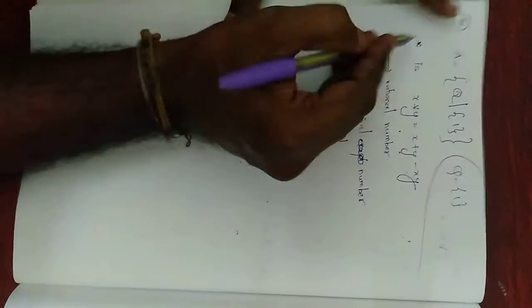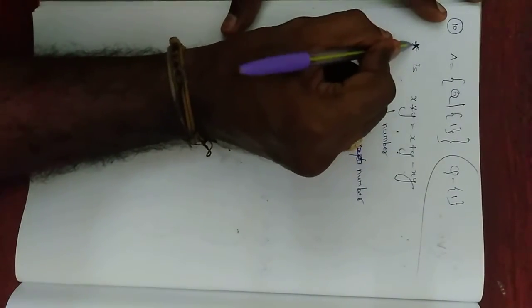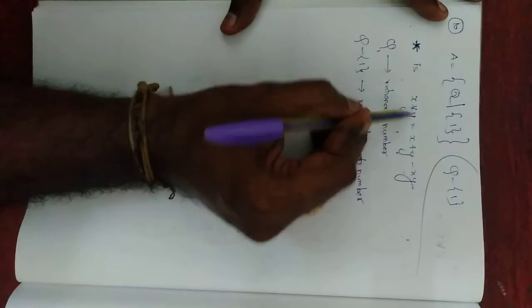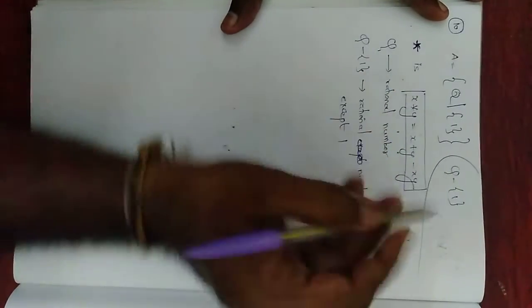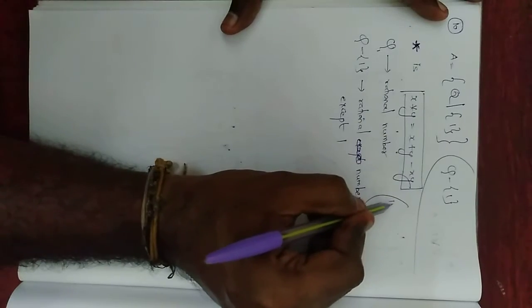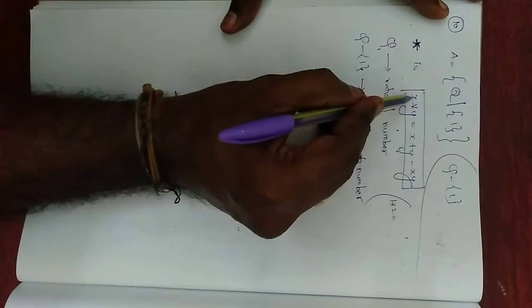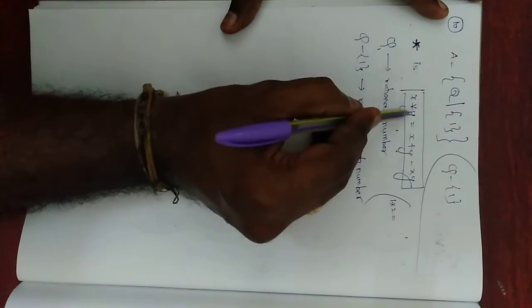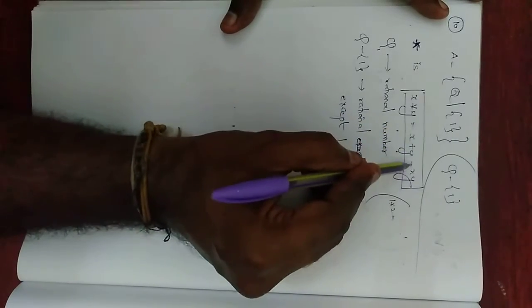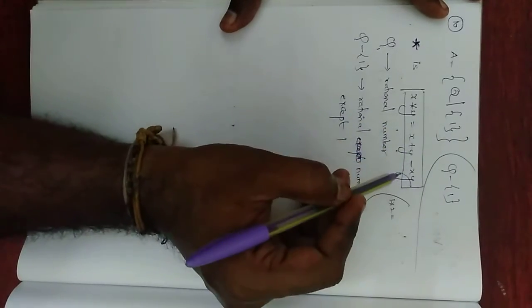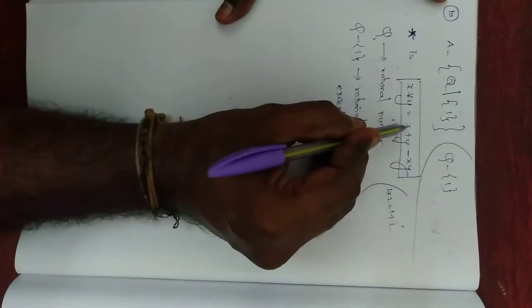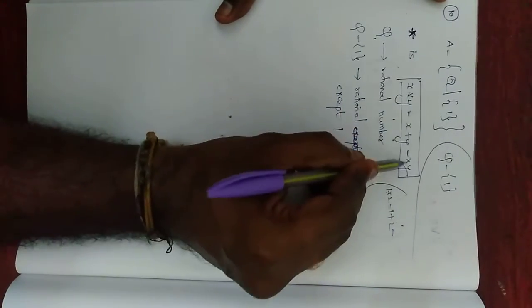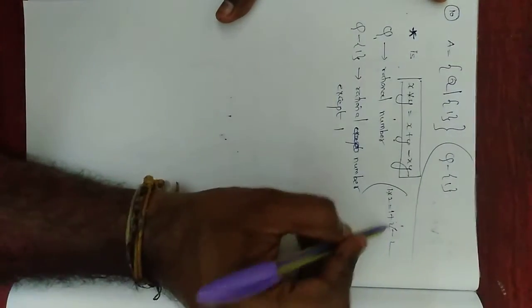So you see, they have given a binary operation star. Star is a binary operation, x star y is equal to x plus y minus xy. This is the formula. If I take 1 star 2, for example, first we need to add the two elements, then subtract the product of these two elements. So 1 plus 2 minus 1 into 2, which is 2. The answer is 1.